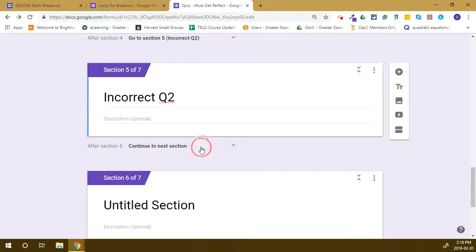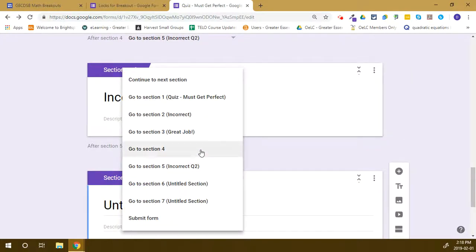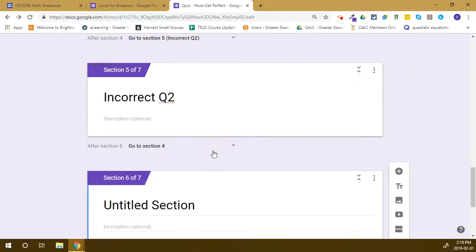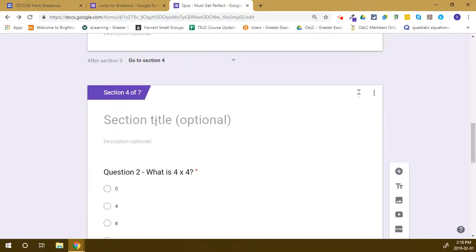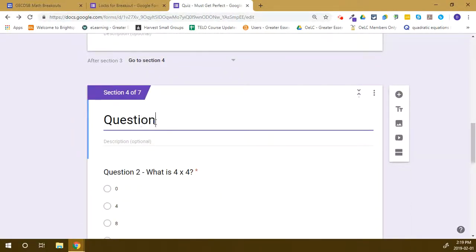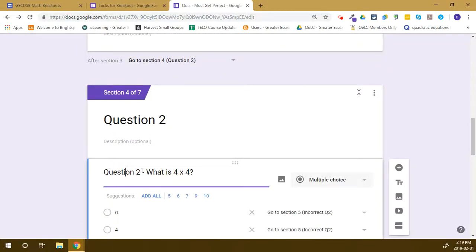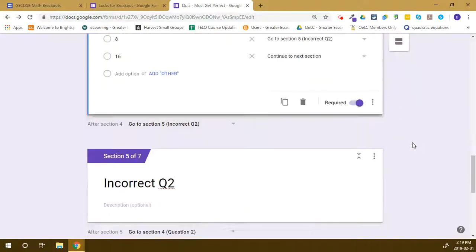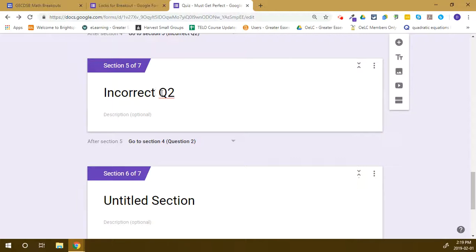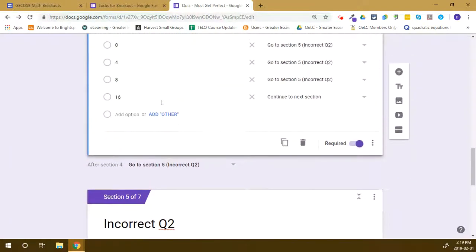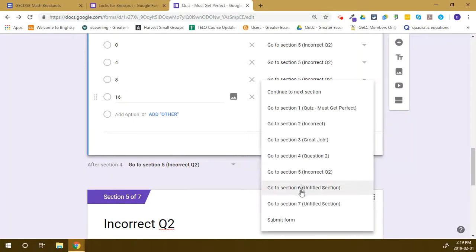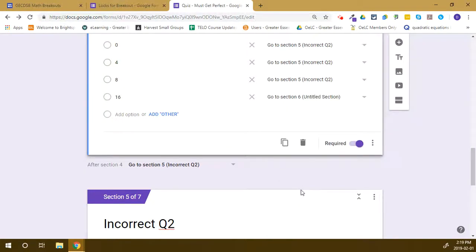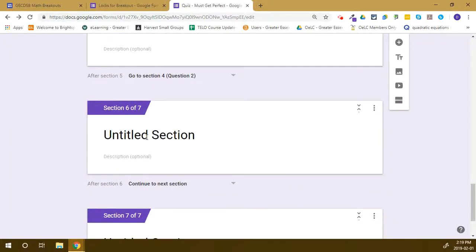And then here, we're going to push them back to question number 2. So that would be section 4, I think. So we'll actually call this question 2 like that, and then question 2 from there. Okay, so once they've gone from question 2, they got it incorrect, they moved up here. If they get it correct, we want that to go to section number 6, which is going to be,